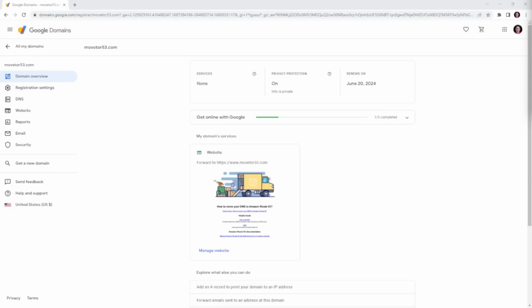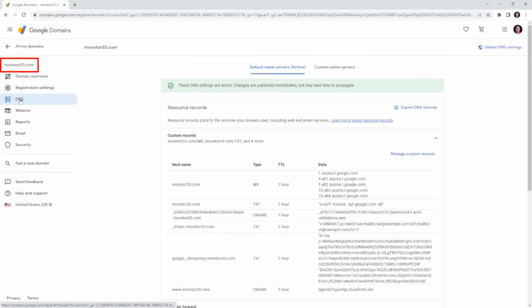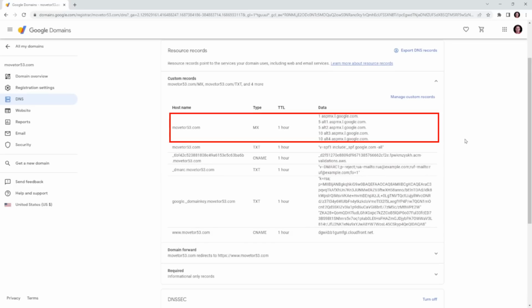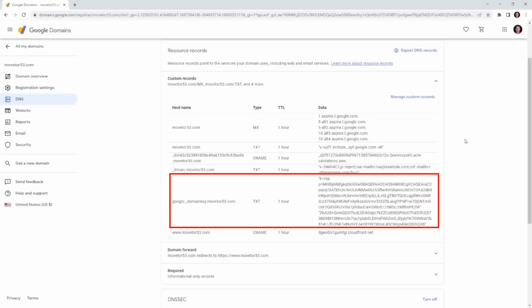Let's have a look at our initial DNS setup in Google Domains before we start making changes. As mentioned before, we will be using the domain movetoa53.com for this video. Here we can see a few important facts for this domain. We can see some typical zone records, including for example MX entries for Google Workspace, also including DKIM public keys.